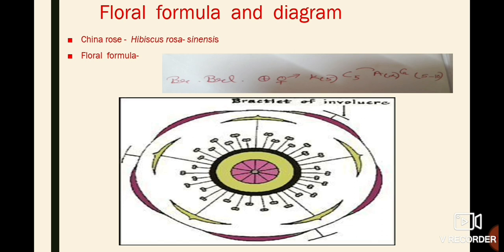BR stands for bracteate, but bracts are absent in China rose. BRL stands for bracteole, that is also absent. So in simple words you can write EBR also, which is ebracteate. The meaning goes the same. That's why I'm putting that dot, meaning they are not present. Then in the small circle you have a plus sign. That sign stands for actinomorphic. Actinomorphic means a flower which can be divided into two equal and symmetrical halves by any vertical plane passing through the axis. That type of flower is called an actinomorphic flower.